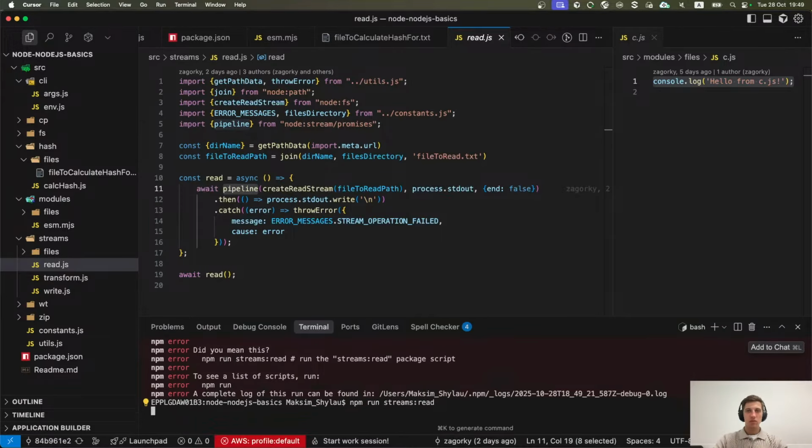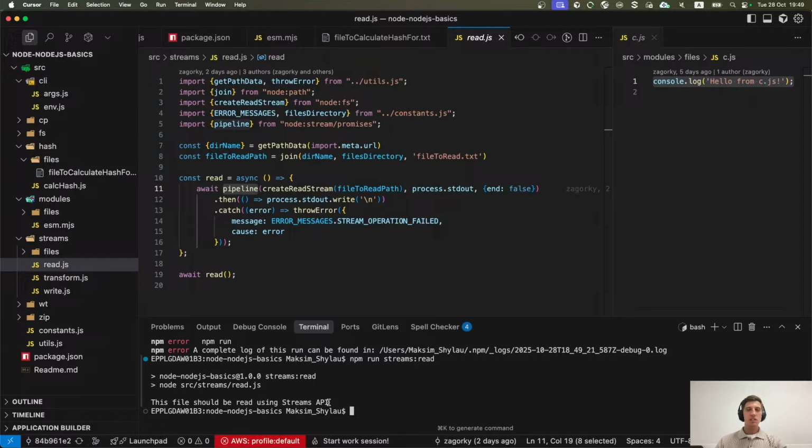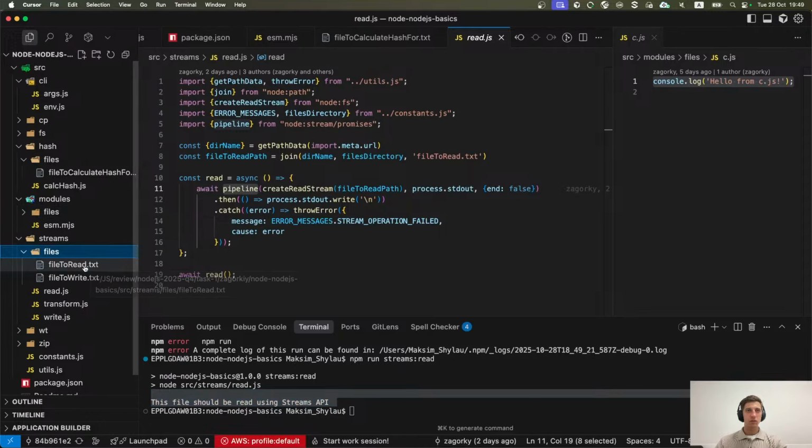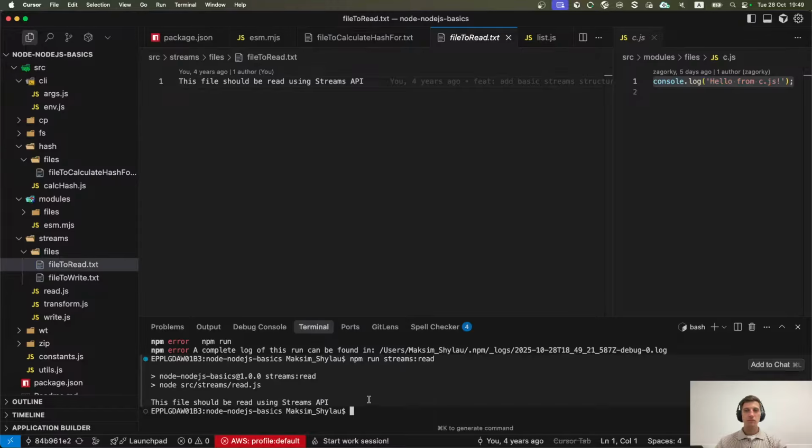Streams. You can see that we have file content of file to read, and our cursor is automatically put on the new line.